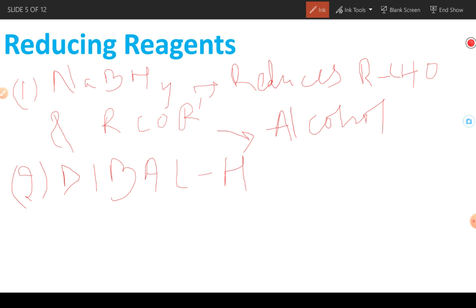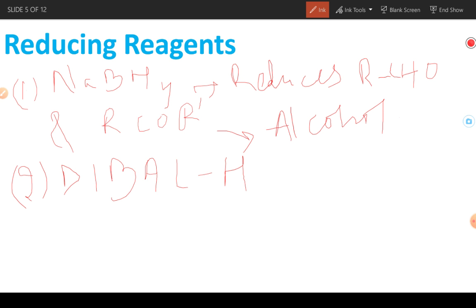This also reduces carboxylic acid into aldehydes, but with carboxylic acid it sometimes does and sometimes does not. From ester to aldehyde, it readily acts on the ester and reduces it into aldehyde. But in the reaction with carboxylic acid, this happens only in the minority of cases. It does not happen regularly. It also reduces RCN, that is cyanide, into RCHO.